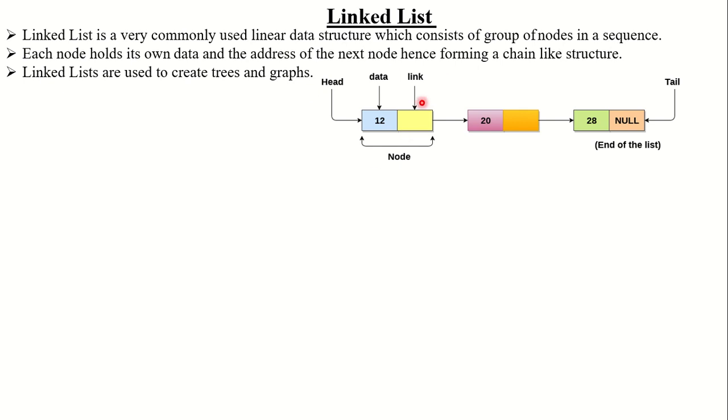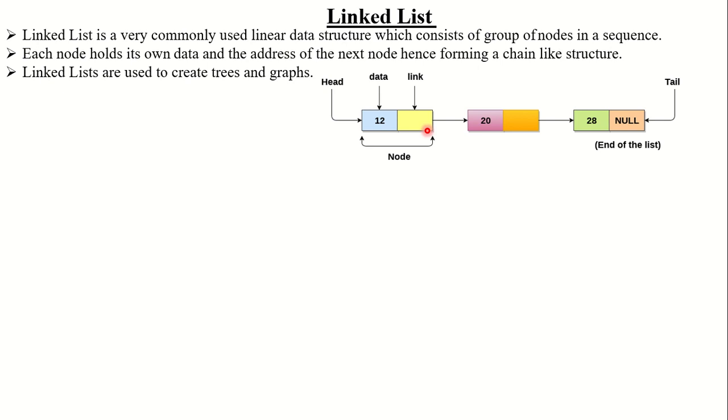So a node is simply a data structure data type. Why can we say it is a data structure data type? Because it is a user defined data type, or we can say a structured data type. Why? Because it contains two parts: one is the data part and another is the pointer part. So it is created according to the user requirement, and it is simply a structured data type. And the linked lists are simply connected to each other with the help of a link. And what is the link? A link is nothing but a pointer, or we can say a node pointer.